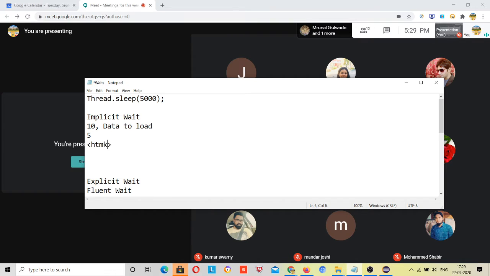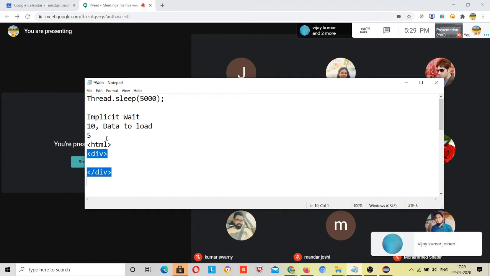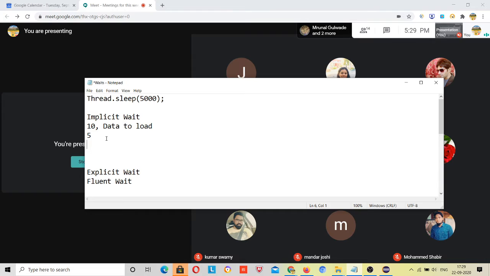HTML, and under this HTML DOM there is a div tag, right? And this div tag is dynamic. It comes when you perform some task, and then it is dynamically created. So if this is available, it will check for this DOM only; it will not verify the data. You will understand practically when you see it. So let's start implicit wait.